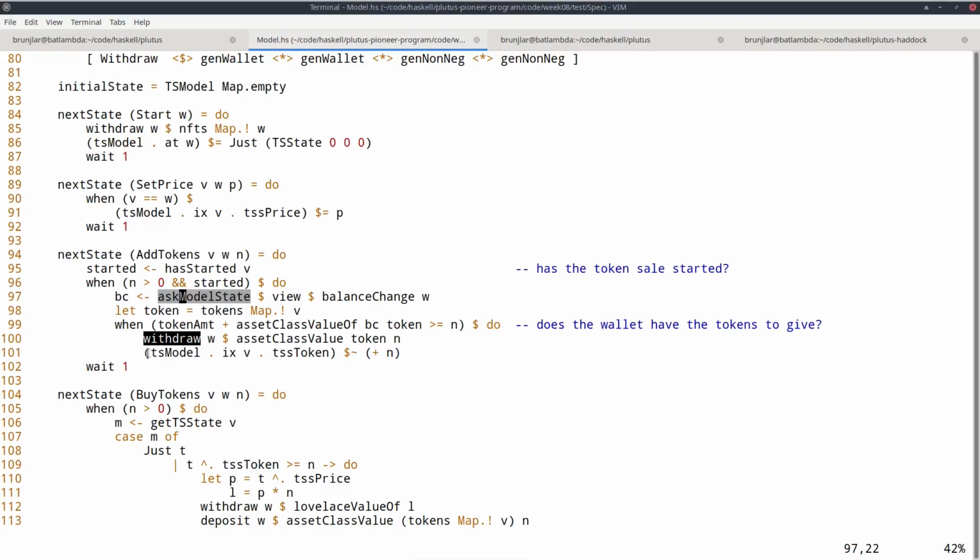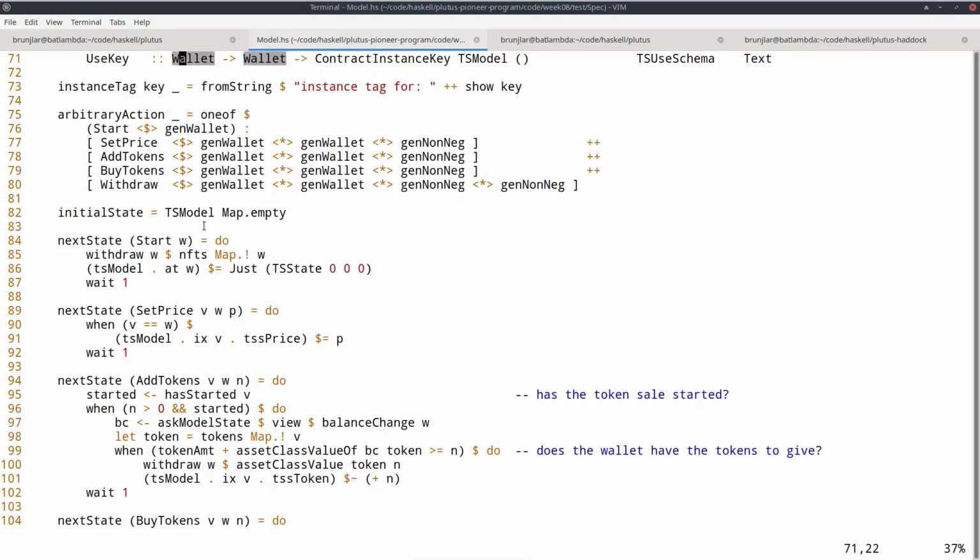So again, I reach into the map, to the right token sale that sits at this wallet that actually operates the token sale, and then to the TSS token field, which is the second argument of the triple here, and increase it by n. Before, we had this $equal sign to set to a value.